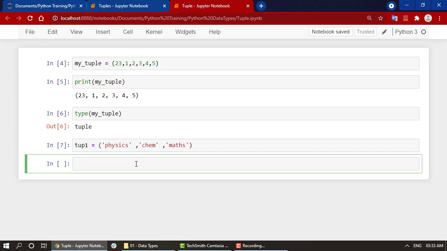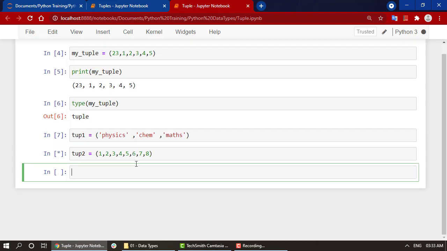Okay, now let's create one more tuple, tup2. This will be a tuple of random numbers. One more thing to note is that tuples do allow duplicates, so even if you write a duplicate, it will also be displayed. Now let's check how to index tuples.